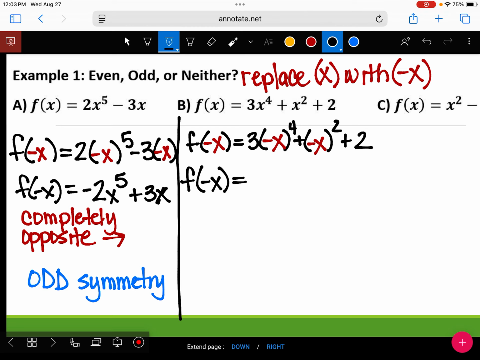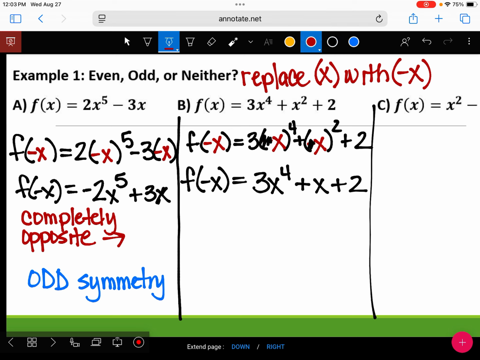Now this one has all even exponents because 4 and 2 are even, which means that the negative ones will become what? Positive. So because it becomes positive, it's kind of like saying that the negative just cancels out. That's really what's going to happen. So we get 3x to the 4th plus x plus 2,